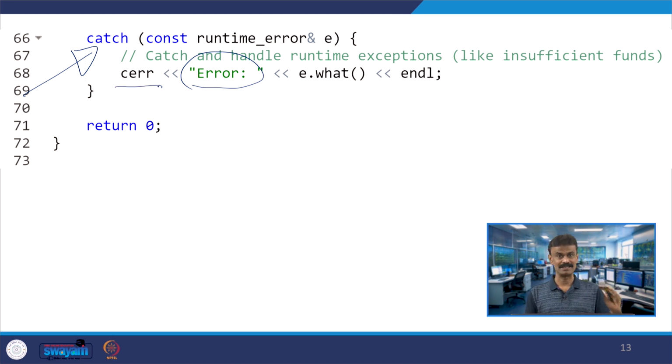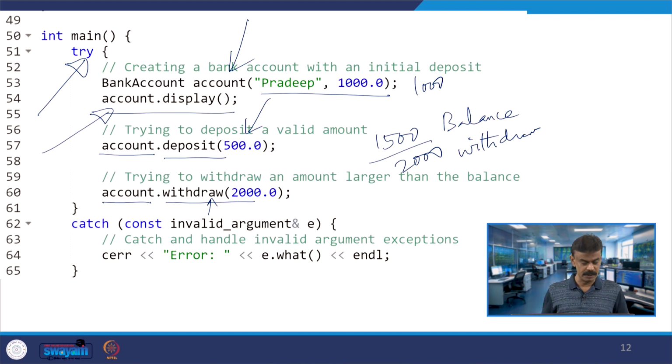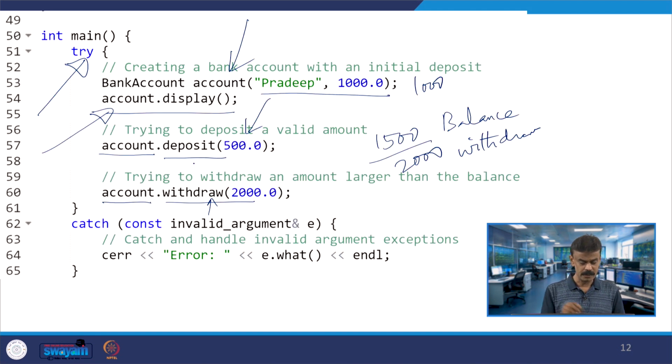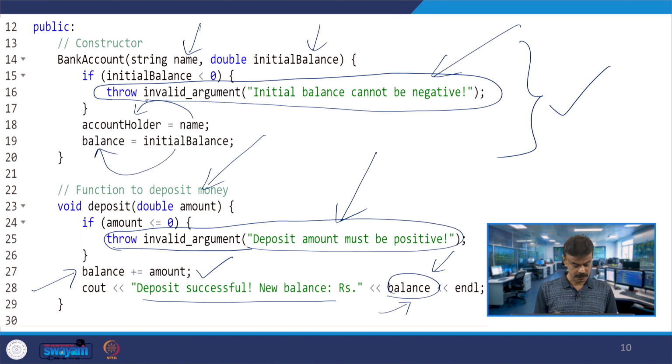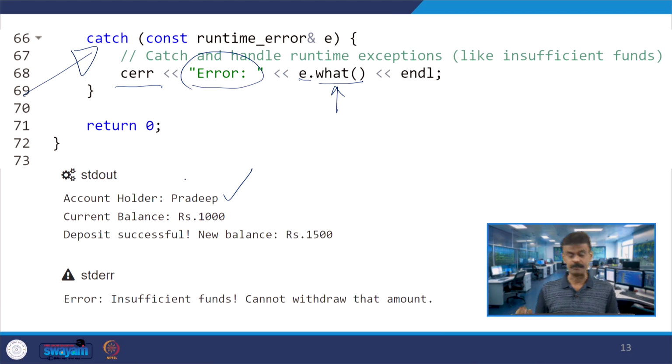Initially, up to the balance, not a problem. Then when e is invoking the inbuilt function, what under standard exceptions, the following will be printed. So, standard out, name of the account is Pradeep. Up to here we have to anyway display the amount. Because deposit is successful, this will also call account deposit. When you put 500, yes, this will also be printed. This we discussed already. Up to here will be printed, that is why you are getting it in the cout statement.